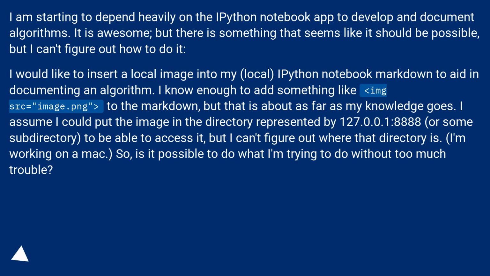Inserting an image into an IPython notebook markdown. I am starting to depend heavily on the IPython notebook app to develop and document algorithms. It is awesome, but there is something that seems like it should be possible, but I can't figure out how to do it. I would like to insert a local image into my local IPython notebook markdown